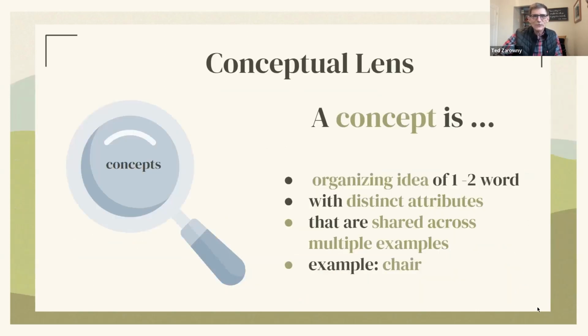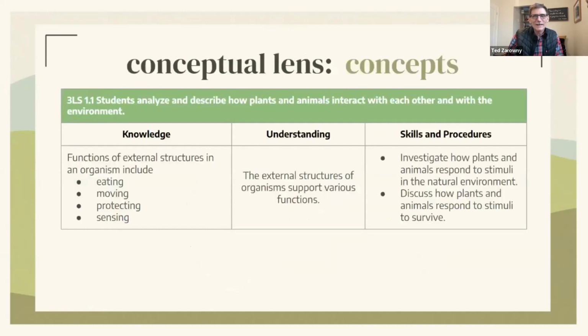So I'd like to begin that process by looking at the curriculum once again, just through two lenses. The first conceptual lens I'd like to look at is the lens of the concept. A concept, we know, is a noun, an organizing idea of one or two words. A chair is a concept because it has distinct attributes, and we know that there's a multitude of examples of different kinds of chairs. So a chair is a chair is a chair, whether it's a dining chair, 2 legs, 3 legs. As long as you can sit in it, and it's manufactured for sitting, we can call it a chair. So let's take a look at a part of the